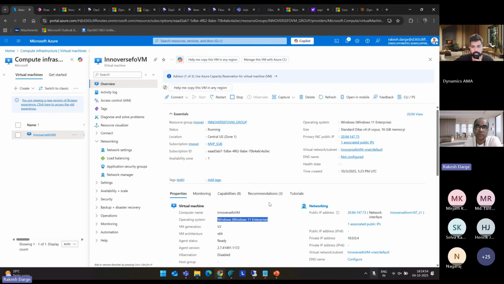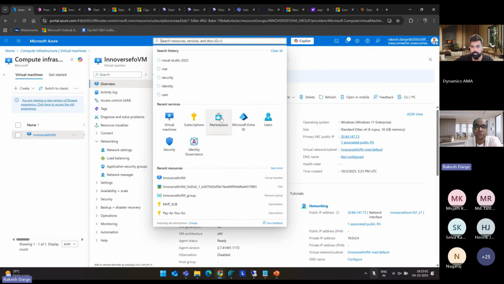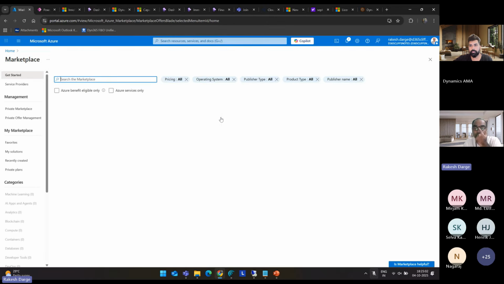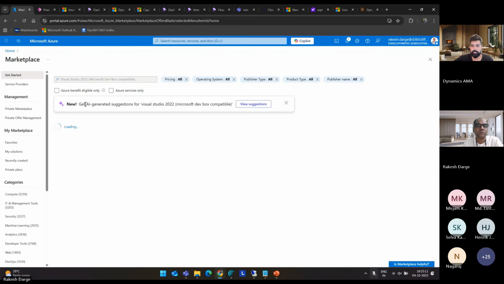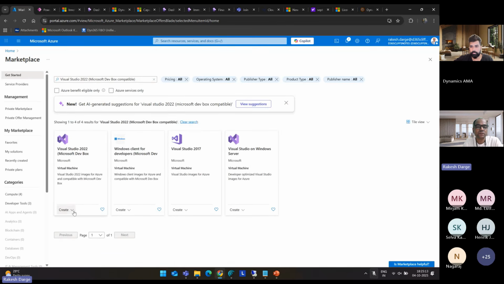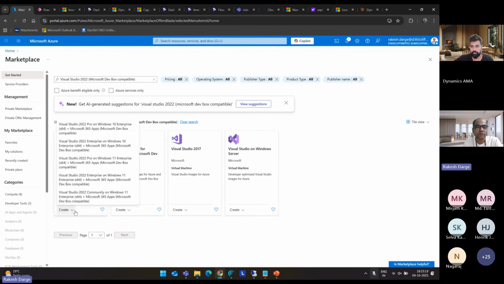But in your case, if you don't have the Enterprise or Professional Edition Visual Studio license, you can certainly go for Windows 11 along with the Visual Studio Community Edition. You can see here Visual Studio. If you just figure out the dev box, you can select the dev box when you want to. So it's up to you, but I would highly prefer that you should go